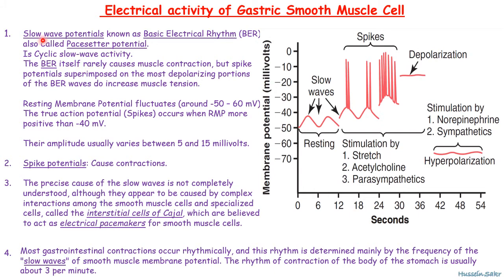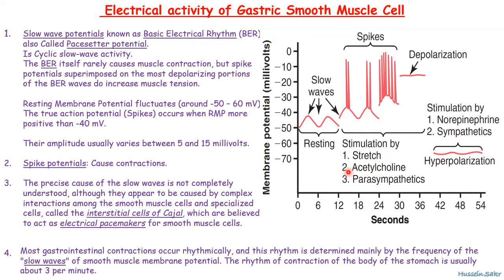So we have the slow wave potential, known as the basic electrical rhythm, also called the pacesetter potential. It is a cyclic slow wave activity. These waves do not cause contraction of the gastric smooth muscles. The contraction occurs only with the generation of the spike potential. The basal electrical rhythm rarely causes contraction. A spike potential on top of the basal electrical rhythm is going to produce muscle contraction and an increase in muscle tension. This usually occurs in response to stimuli like stretch, the neurotransmitter acetylcholine, and parasympathomimetics or the drugs that